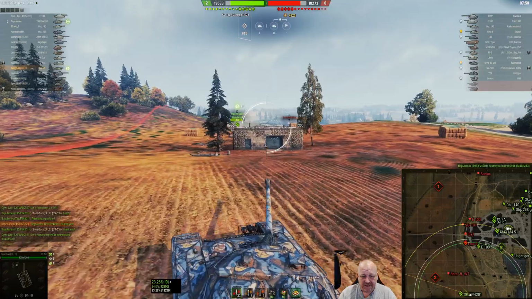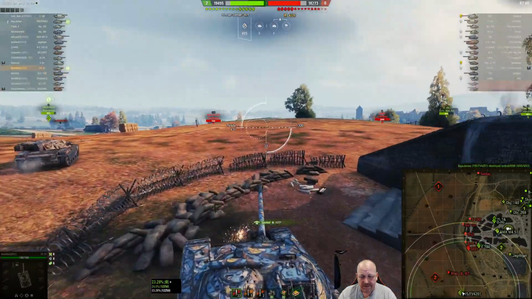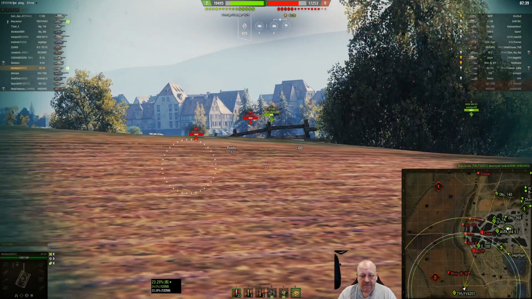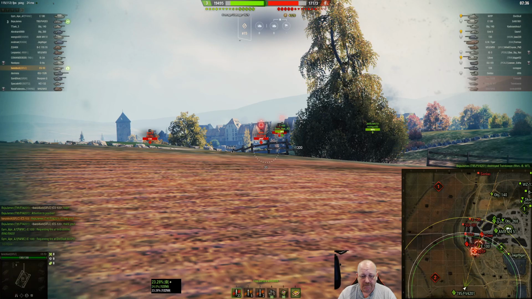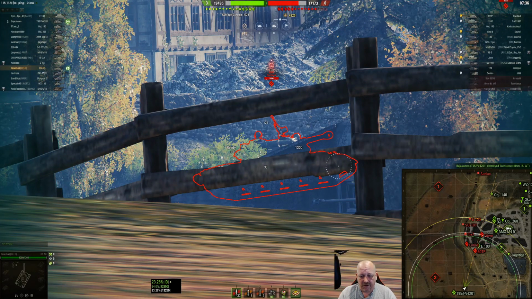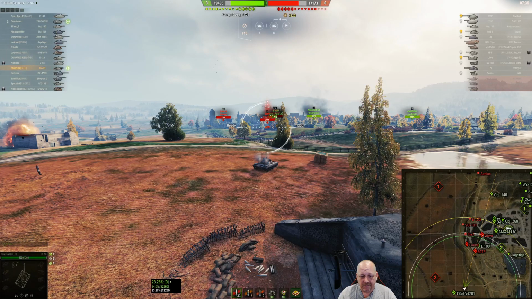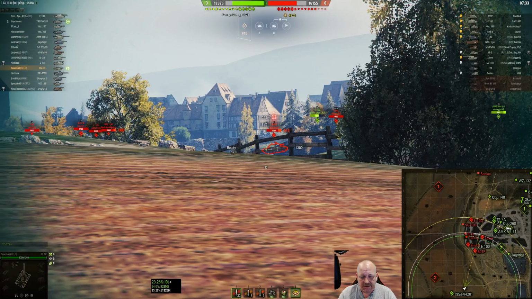He immediately takes care of the arty. Alright, we spot a 60 TP. He's moving up. Alright, so do I have a shot on that guy? Yes, I do. Alright, but it's not a great shot. Well, yeah, because he's behind the building. I mean, I don't even have a shot in the rear end. But we'll let it play here for a little moment, and I'm going to show you some of the...